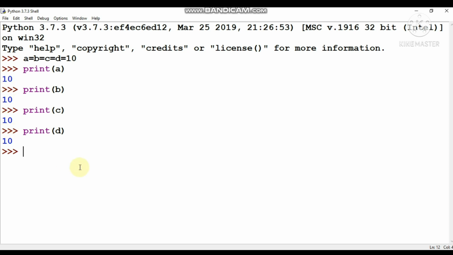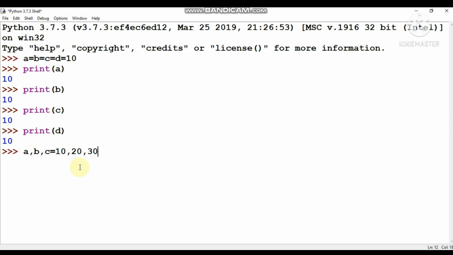Now one thing you can also do: a comma b comma c, and then if you write 10 comma 20 comma 30, what is the meaning of this? Here I am assigning multiple variables at the same time.